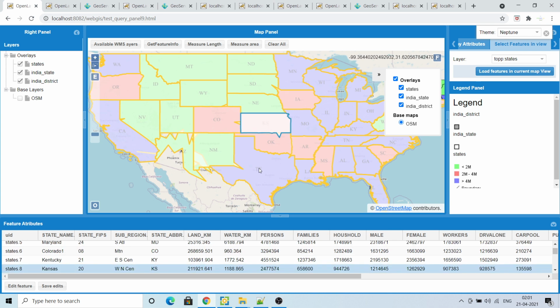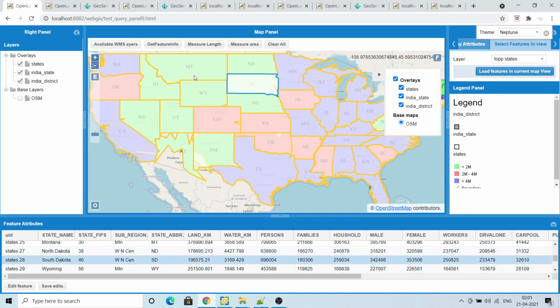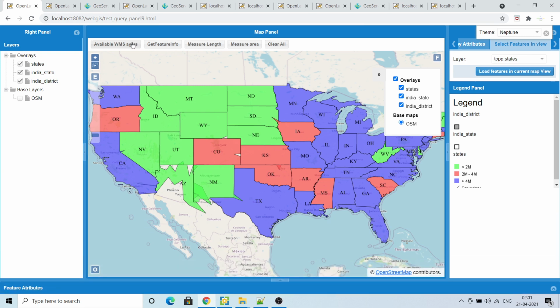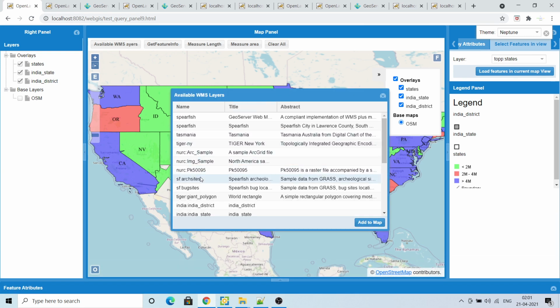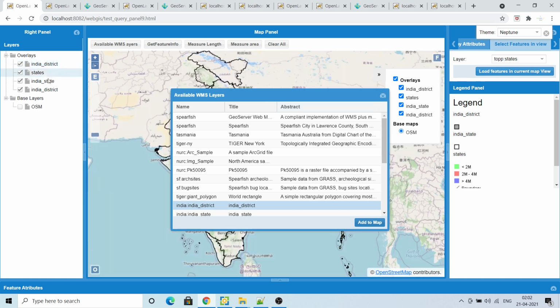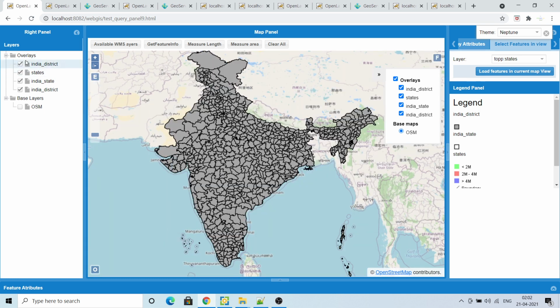You can select here, vice versa. If you select here, it will highlight there. Also there is a miniature length, clear all. Then the WMS layer is also there. If you add any layer, it will zoom to there. It will add here also. You can switch on, switch off.